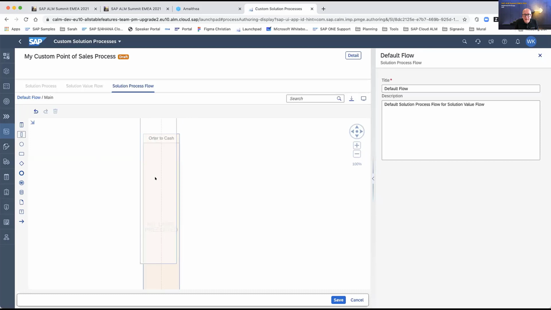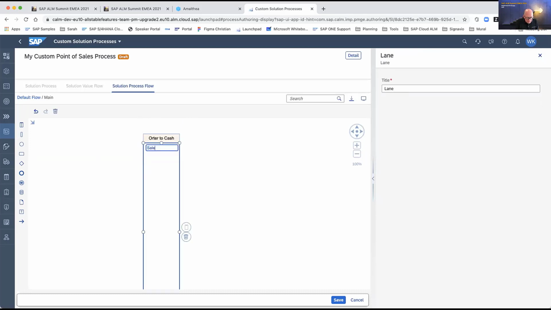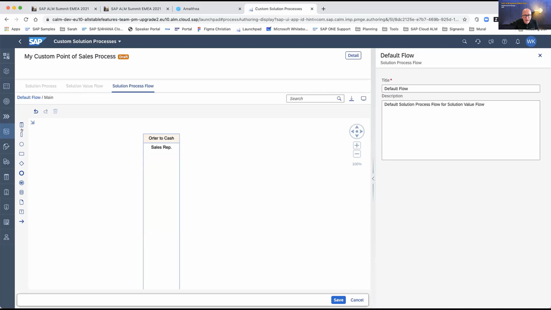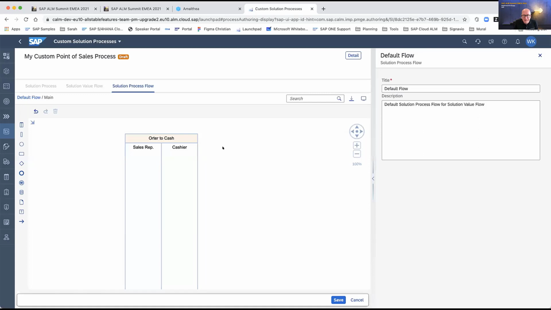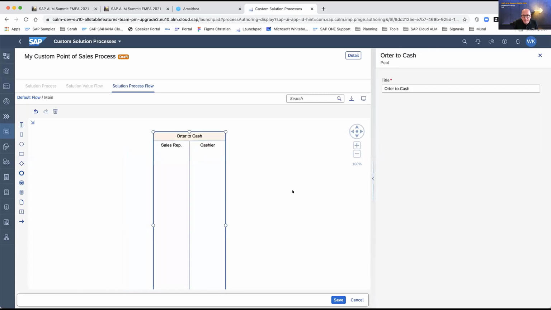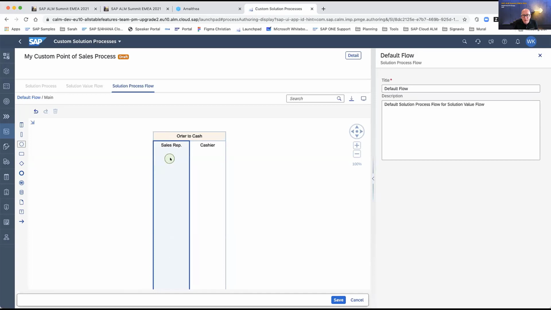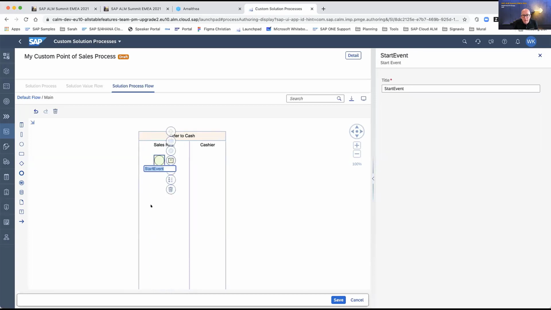Then I have my sales representative that is around here, helping the people in the shop, for instance. Then I have the people that are responsible for the payment at the end, and then I can start to define the flow of my process.